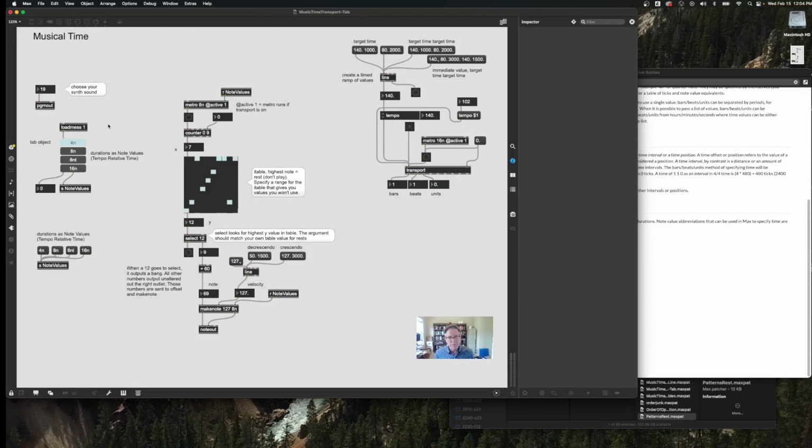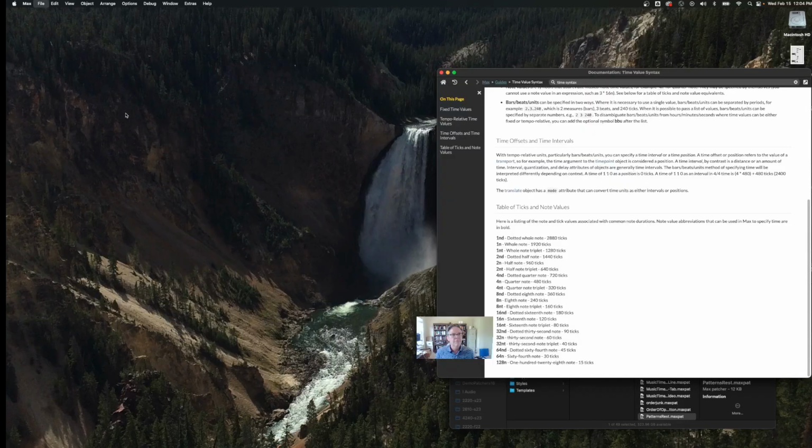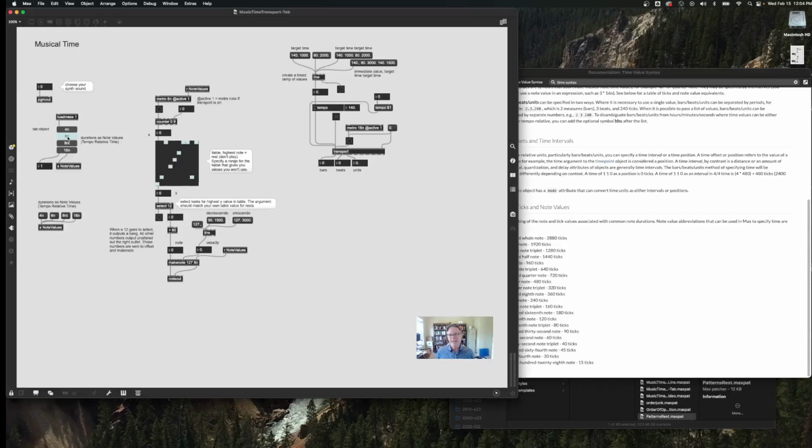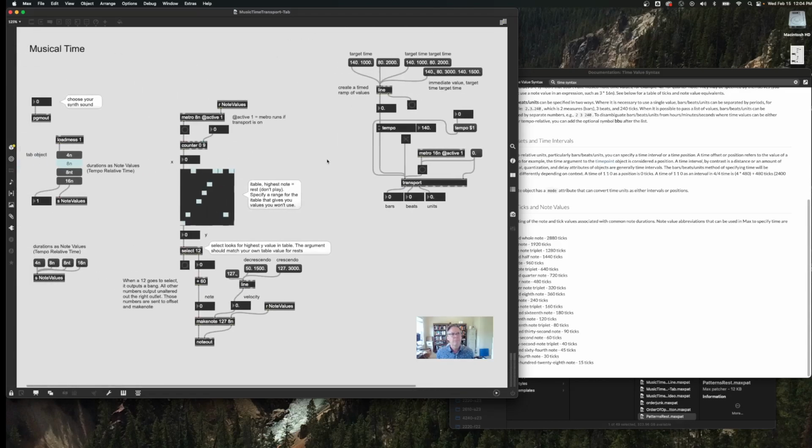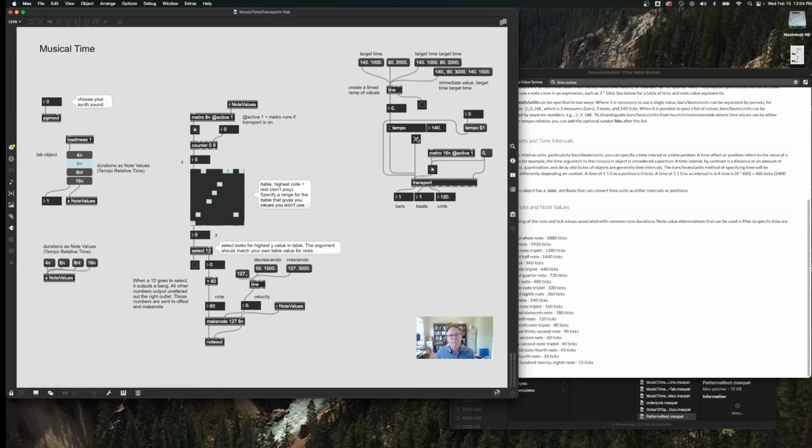I'm going to save my patch, close it, reopen. Now you can see that the 8 in is selected automatically. So when I start, go over here. When I start the transport,